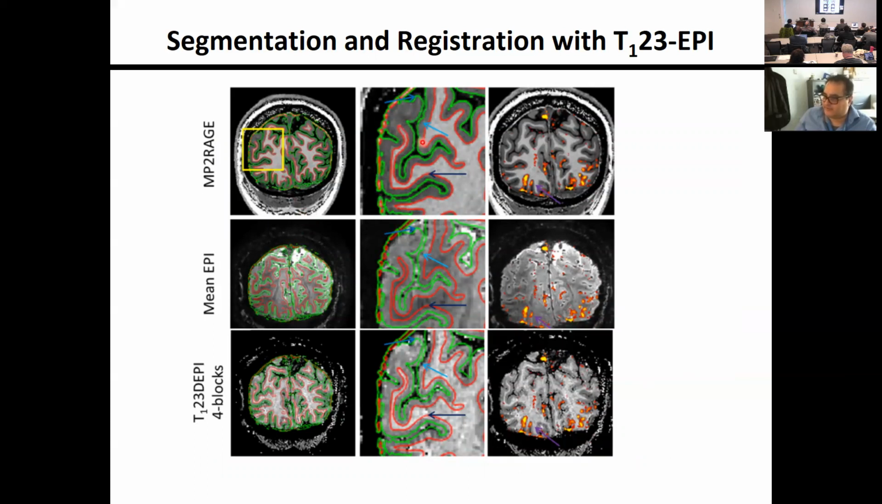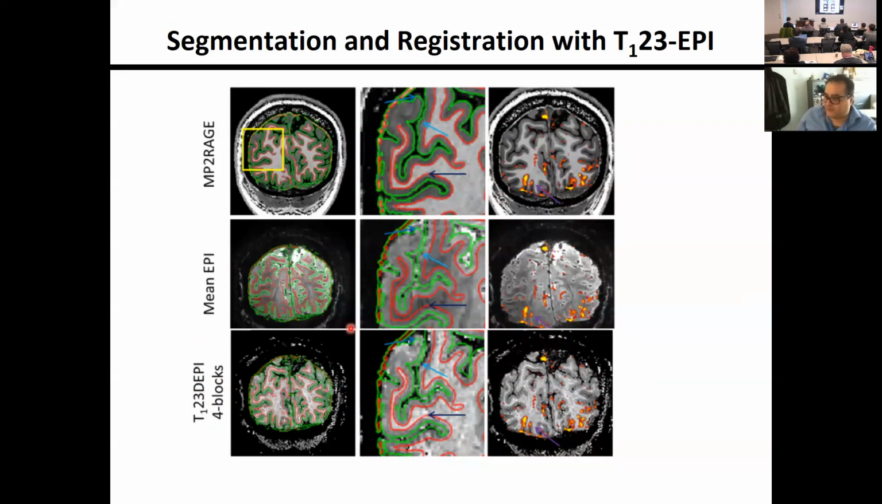You see here segmentation. Segmentation looks very nice because you have a nice gray and white matter contrast. The same segmentations overlap on the mean EPI, and here you see some errors. For example, if you see this part, this is gray matter, but the MP2RAGE said it's CSF. Whereas if you go to the inversion recovery, the new approach, T1, the EPI, you see